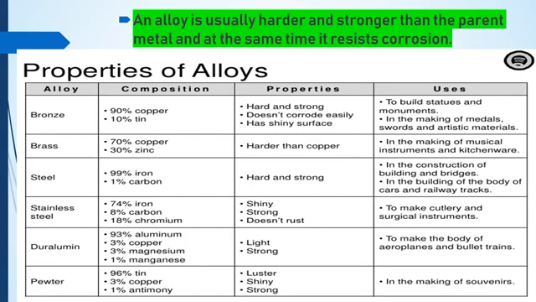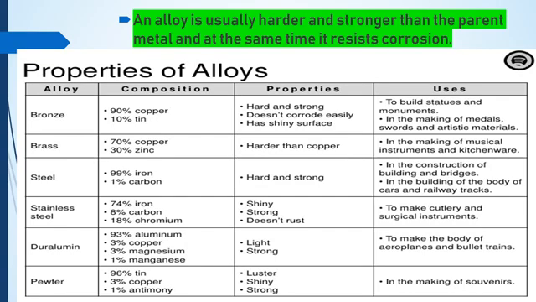For example, iron: when it catches moisture, it can rust. But in the case of stainless steel, the vessels we regularly use at home, it won't get any corrosion. So easily it will not get corrosion.